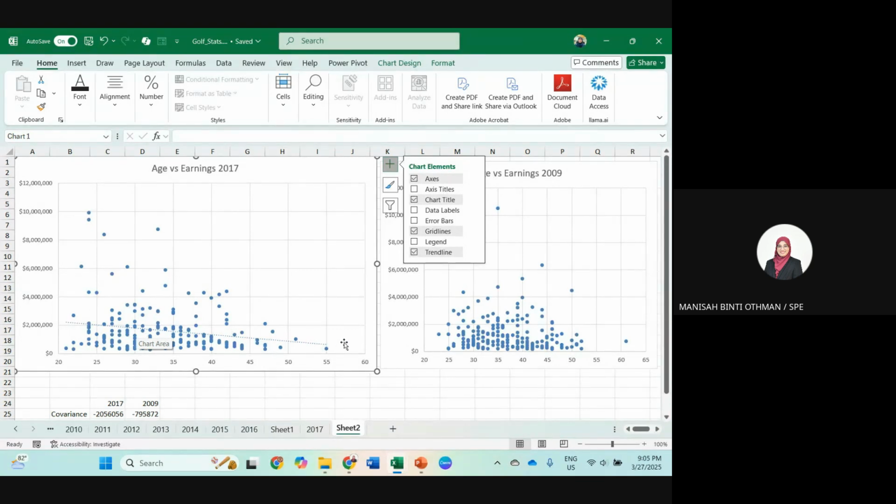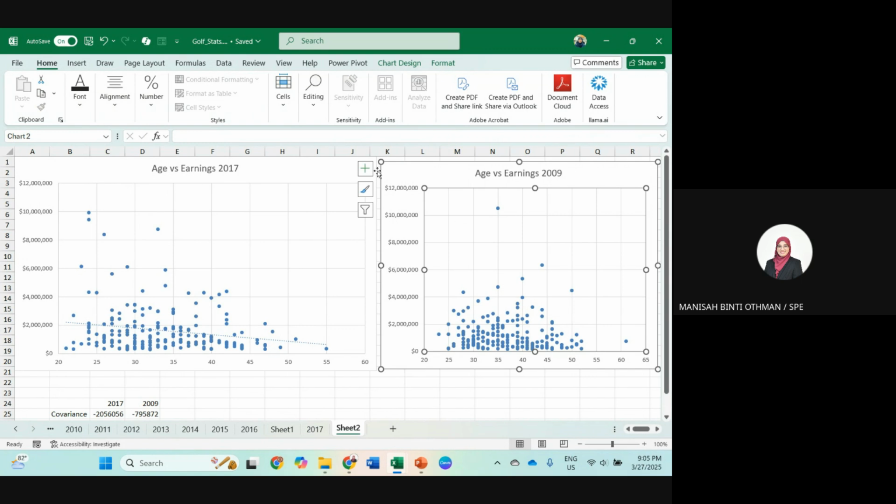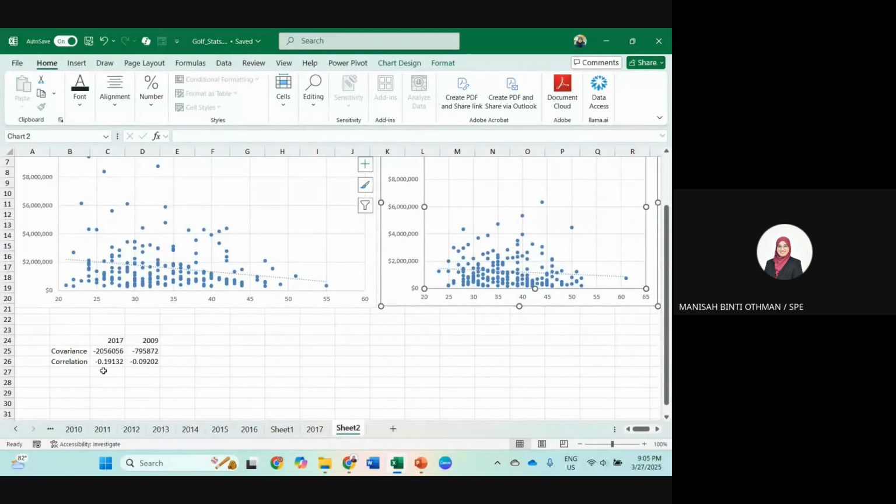Same as this one, click plus and you can see the trend decreasing. So it is consistent in the graph, covariance, and correlation. To visualize the raw data, you can use a scatter plot, but to see based on the figures, you can measure using covariance and correlation.